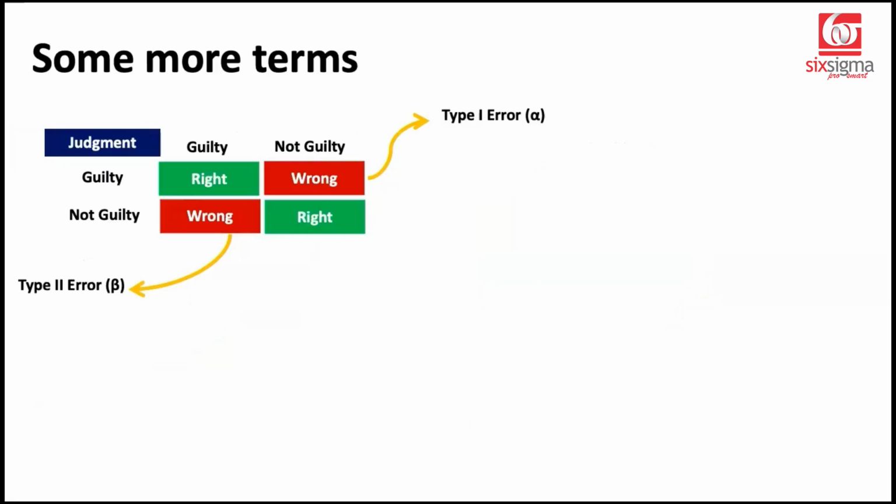Now let's look at some more terms related to this. A very important term when you talk about hypothesis testing is the confidence level. 1 minus alpha is the confidence level. Alpha is the chance of making an error, so 1 minus alpha is the chance of making the right decision. We want to have at least 95% confidence when we are performing a hypothesis test. In most cases, if alpha is 0.05 or 5%, the confidence level would be 95%. So we are saying that out of 100 opportunities, 95 times we will end up making the right decisions, at